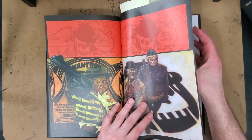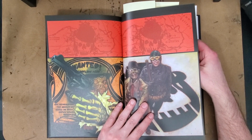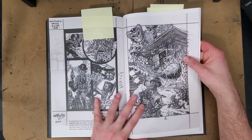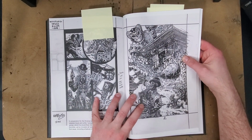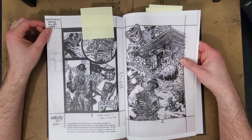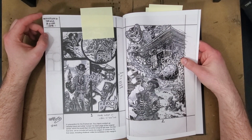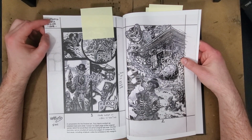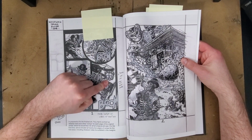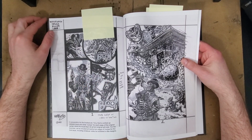So maybe this stuff was just coming out and then never got collected. I'm not sure, but we've got covers, or at least what would have been the covers. And then you also get a sketchbook here, which is actually one of the most interesting parts of the book to me, is showing that what Tony Harris does is he works up really detailed at-size ink and wash drawings,